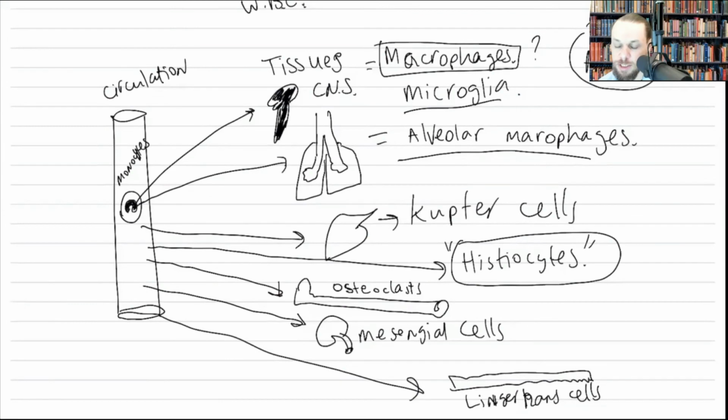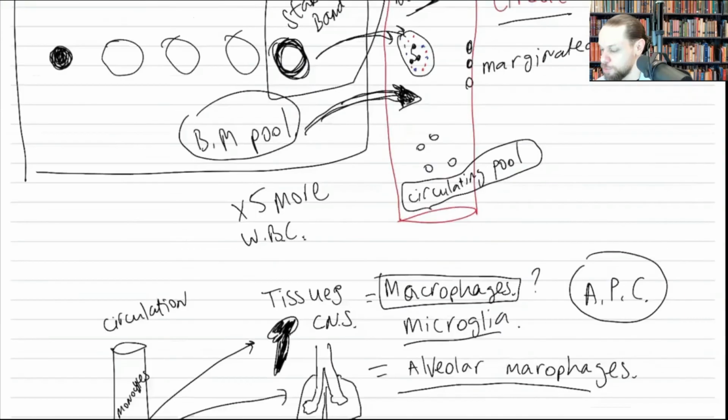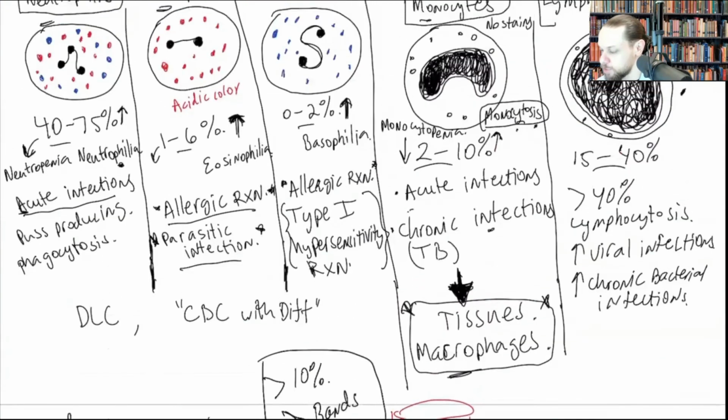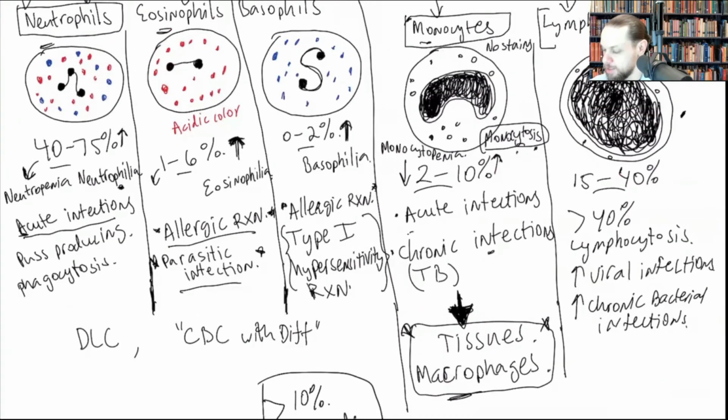Their function is basically to travel through the tissues or be in the tissues. And if there's a foreign antigen coming, or bacteria or a pollen grain or whatever it may be, it's to basically engulf it and eat it up, chew it up, and utilize its own lysosome internal granules to basically break that particle down. Or if they cannot kill it by just engulfing it and phagocytizing it,